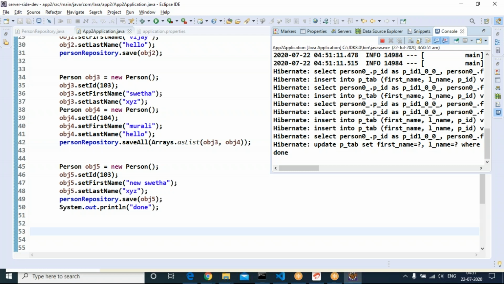That is why, while running 2-3 times, you will not be getting 4 new records every time, every time the same 4 records. Why? Because while stopping the application, data is erased from the memory. Why is data erased from the memory? The database is an in-memory database. The database is available in the memory. While stopping the application, the total memory is erased. The database is also erased. Once it is stopped, no database, nothing.